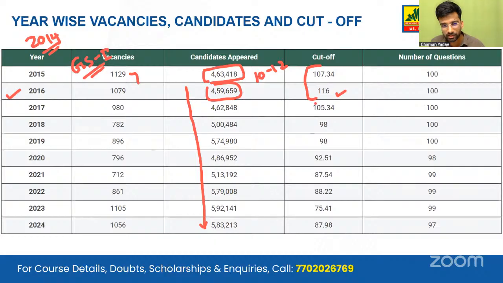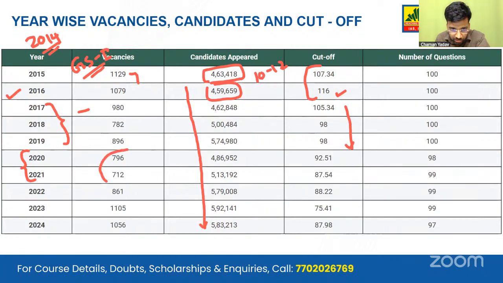And in 17, 18, 19, it started asking a bit more static. In 2017, they introduced more static questions. In 2018, 19, they introduced more static questions in the examination, and the cutoff progressively declined. Then COVID came, and the two civil service examination cycles got disrupted. The prelims that was supposed to happen in June was deferred to October. So these 2020 and 2021 papers happened in the midst of COVID.